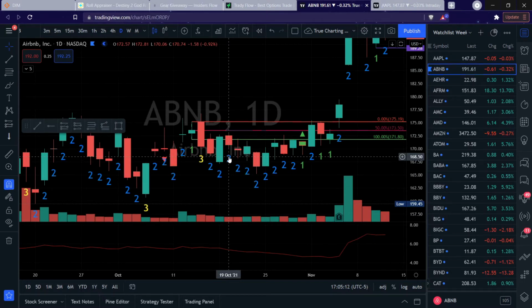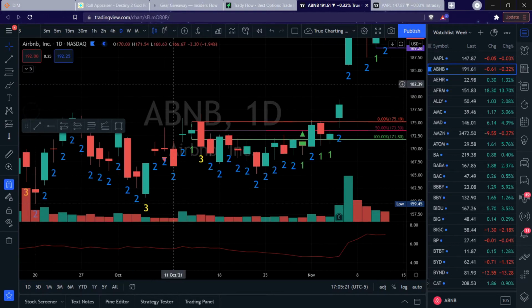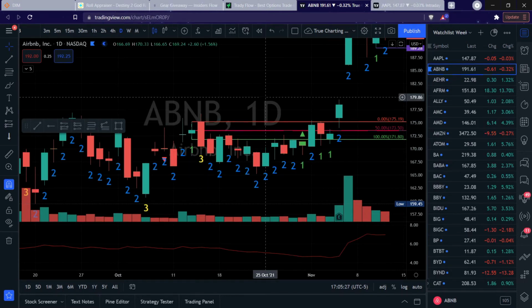But I learned this a long time ago. I had no idea it was a widespread thing. I didn't even know this indicator existed. It's just called the candle type of Strat. But all it means is, hey, this is a normal bar. This is an inside day. This is an outside day. That's it. Or on a small time frame, inside hour, outside hour, and so on. That's all it means. Nothing special, nothing crazy.